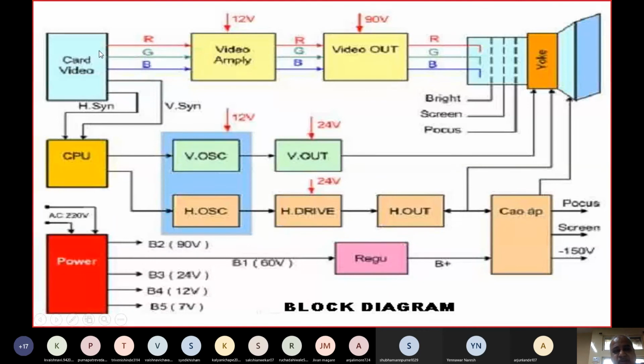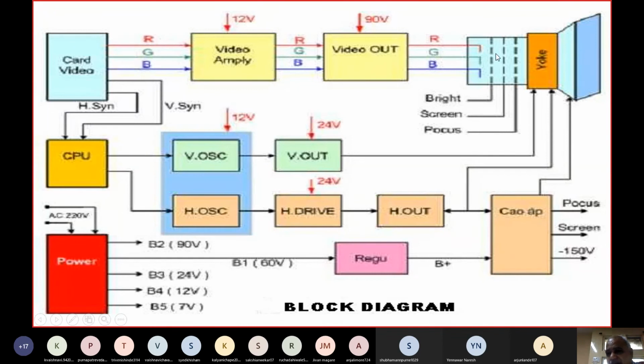Then from the video card, the input signal generated by the VGA is normally in the range of 0.2 volts, a very weak signal. But when it is given to your series of video amplifiers, from 0.2 volts it becomes 40 volts. Then these 40 volt signals, about 40 to 60 volts through the video output, are given to the respective RGB of your picture tube.